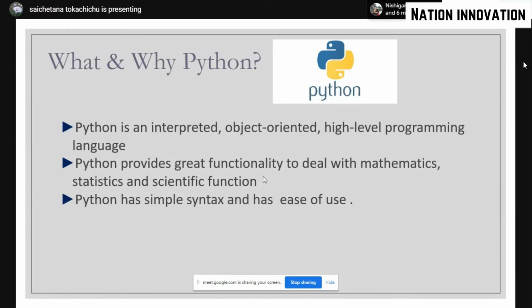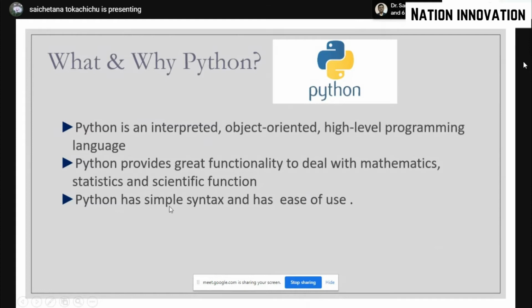Why do we use a language? We use a language to make a computer understand it basically, but we have a certain rule based on which we type. Like you write in English, my name is. You cannot write name is this, or you cannot write the name first and then write name is. So you have a particular order which you follow. That is the same thing which we do in Python.